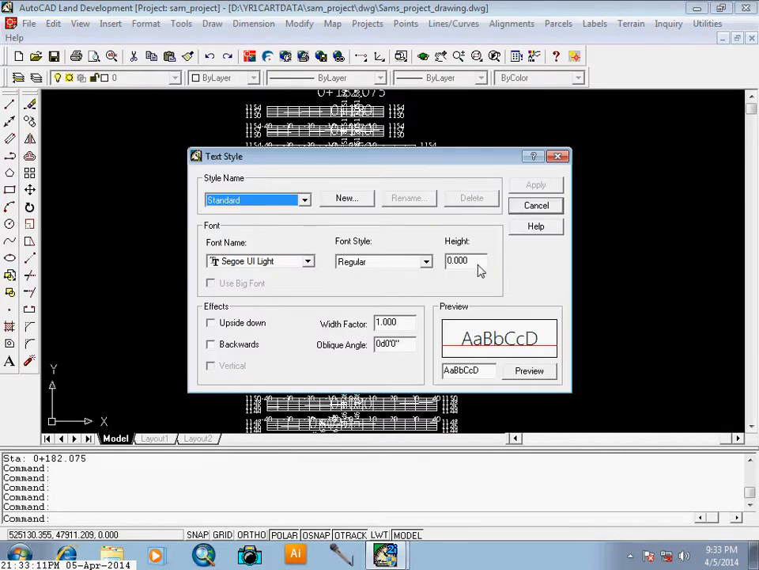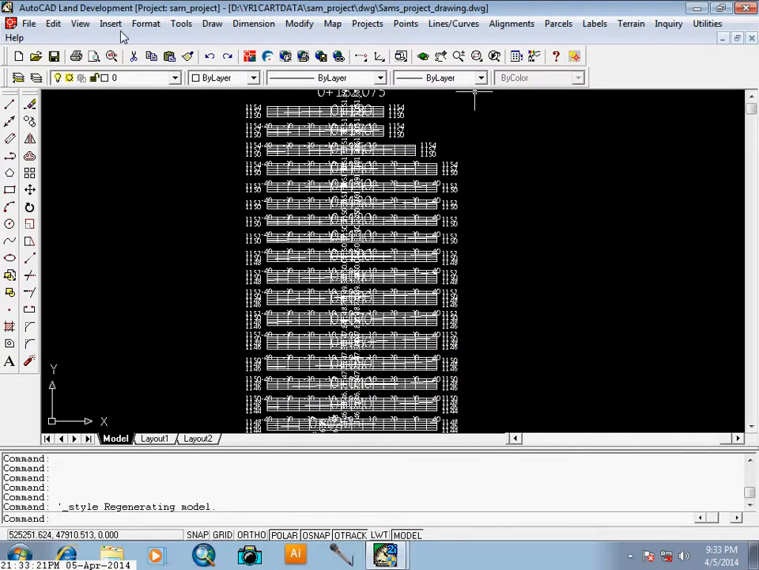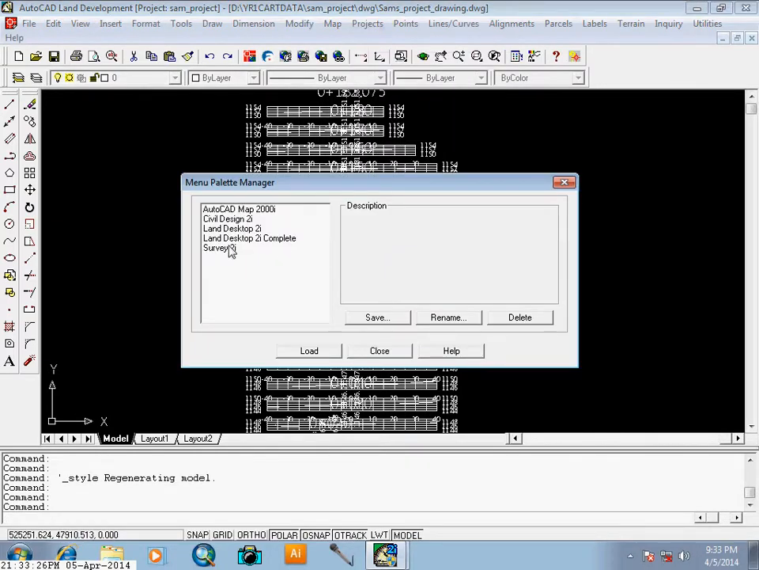We change the size here, the height. What do you want the height to be? We'll say let it be, for example 5, and we see what will happen. Apply and close. Then we go back here to projects, load menu palettes, we load civil design, and we create